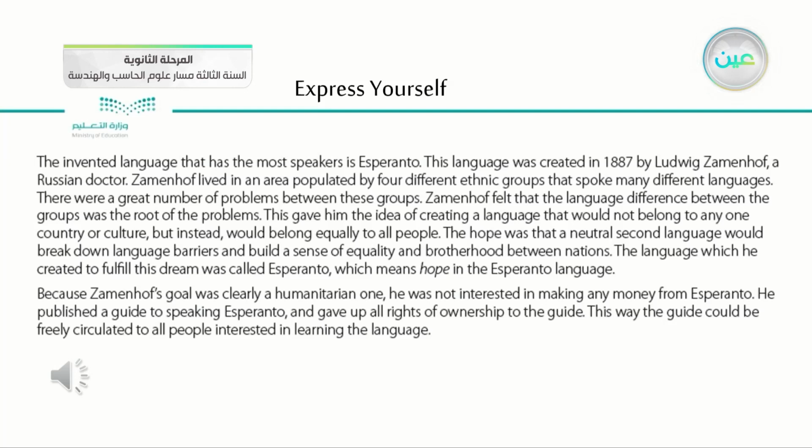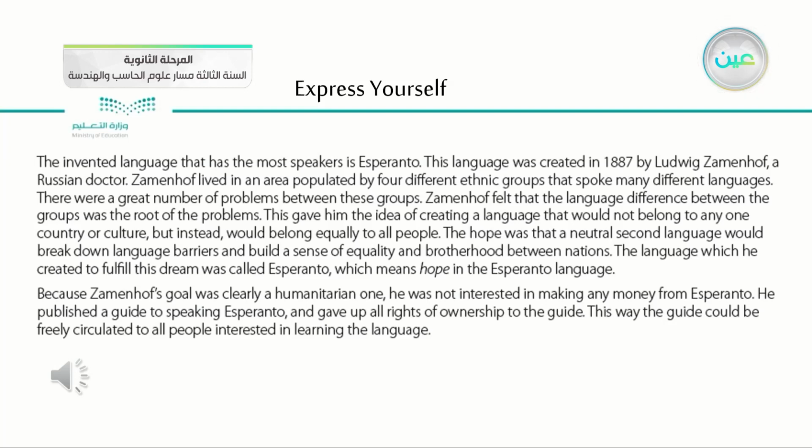This gave him the idea of creating a language that would not belong to any one country or culture, but instead would belong equally to all people. The hope was that a neutral second language would break down language barriers and build a sense of equality and brotherhood between nations. The language which he created to fulfill this dream was called Esperanto, which means hope in the